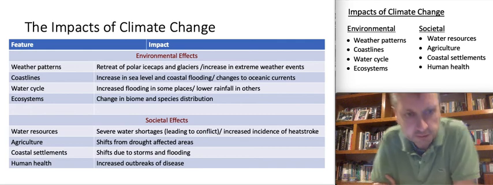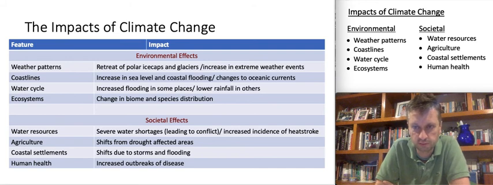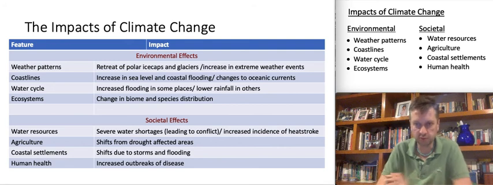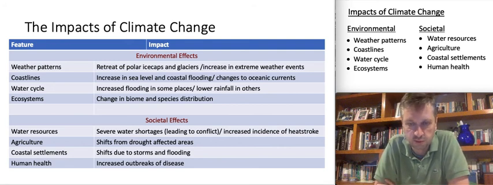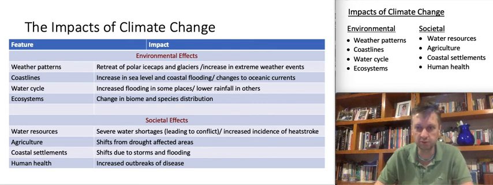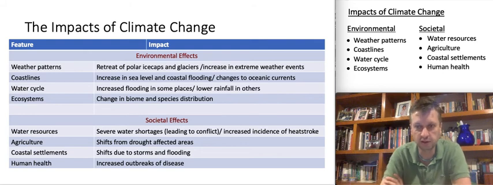Then in terms of ecosystems, well, the main thing here is the idea of biome shift or changes in biome distribution. Now, you know that biomes or the boundaries of biomes are based on certain physical factors, and one of the most important is temperature. If we change temperatures in different parts of the world, then species won't be able to survive there anymore. So therefore, they will be expected to migrate to areas where they can survive. So that means movement of animals and plants horizontally or across latitudes,